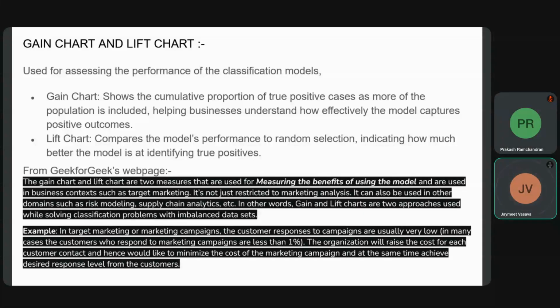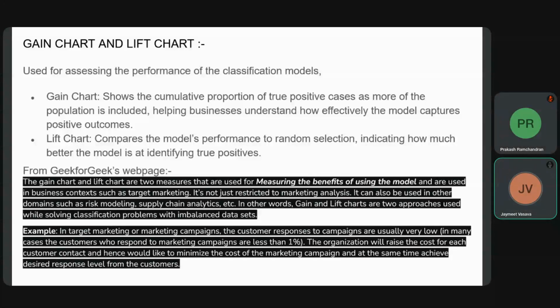So when we talk about marketing campaigns, if we are marketing a product, there is only 1% or less interaction for the targeted customers